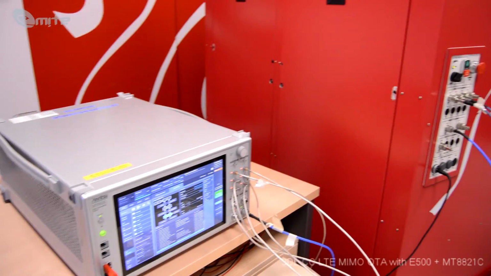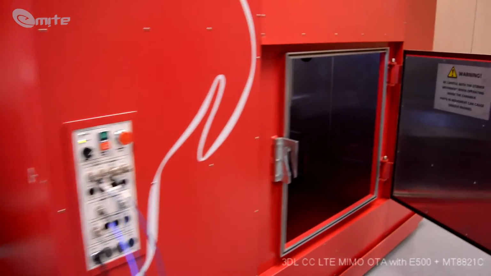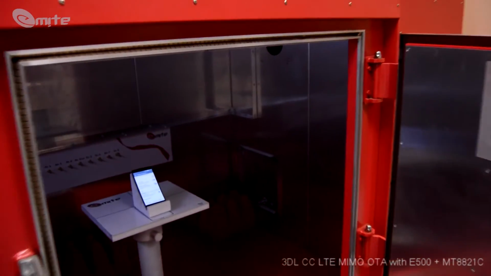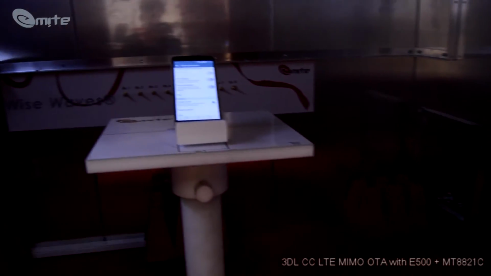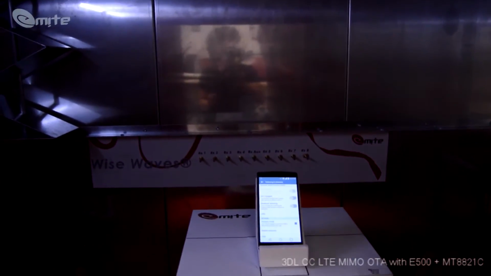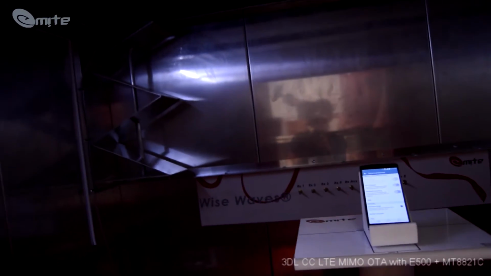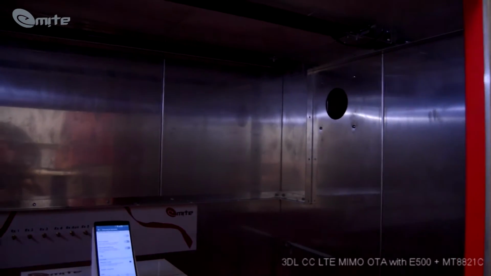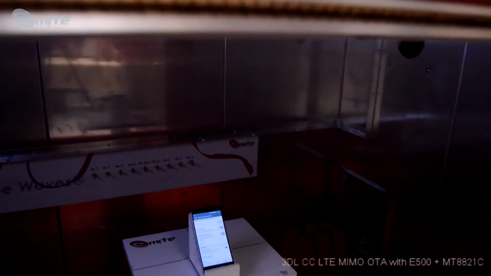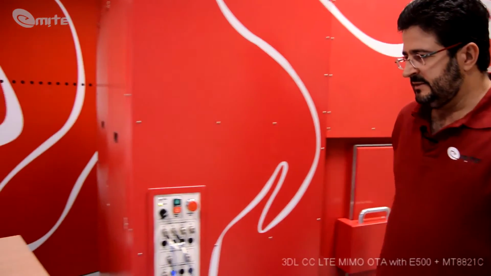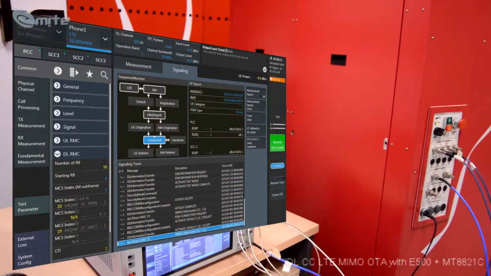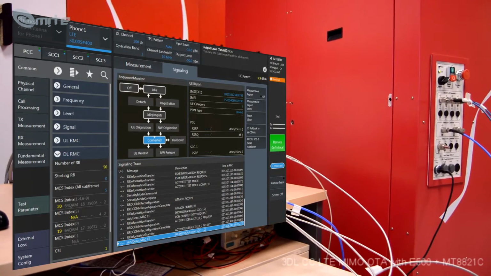The chamber, as you can see here, it's empty. You have the absorbers for the delay spread, RF connectors at the back for the passive measurements. You have the stirrers that you can see on either side, and in fact everything becomes very simple in this system. So we close the door and see that we can confirm that the device is connected